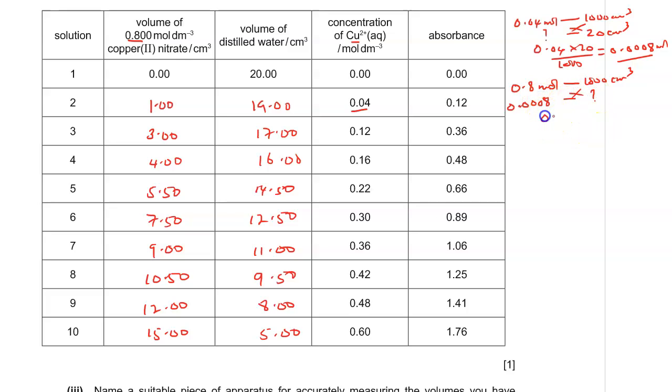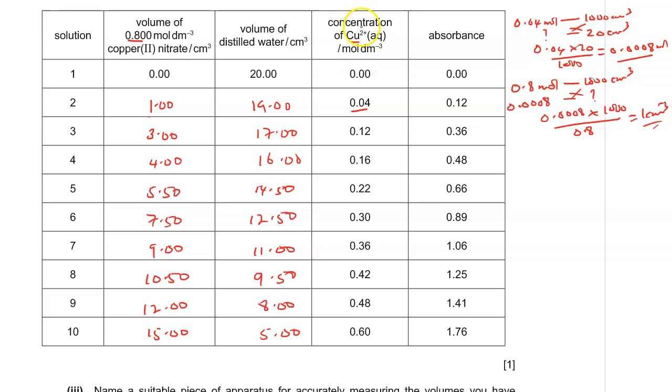Then you cross multiply, say 0.0008 times 1000 divided by 0.8. When you calculate nicely, you'll find that the volume is 1 centimeter cubed. This volume here. So you'll need 1 centimeter cubed of copper nitrate to get 0.04